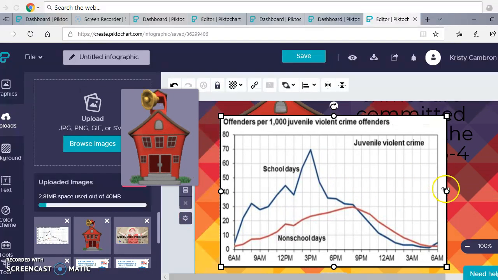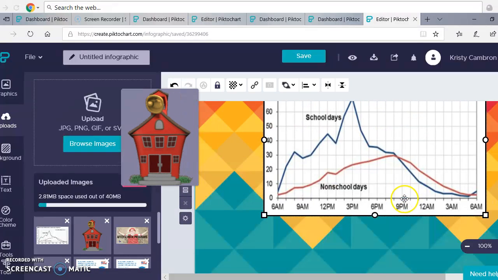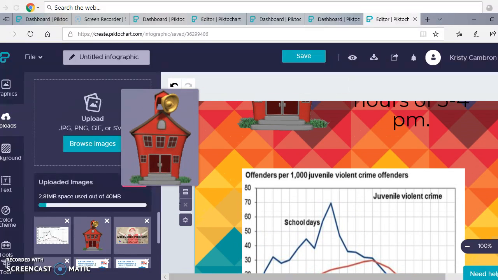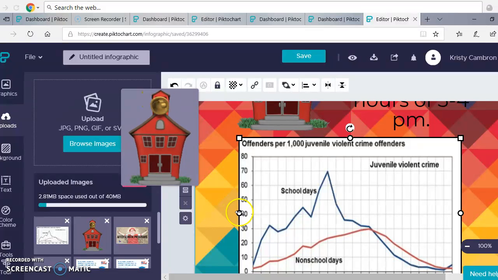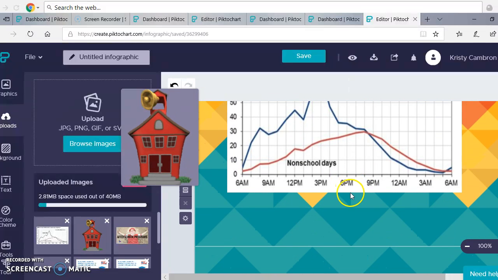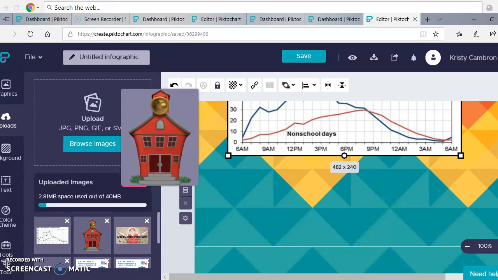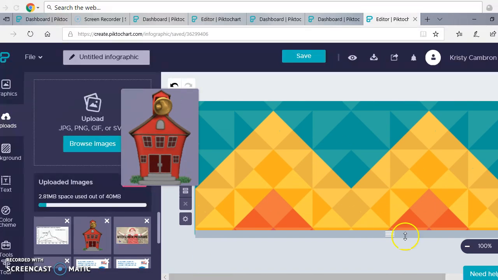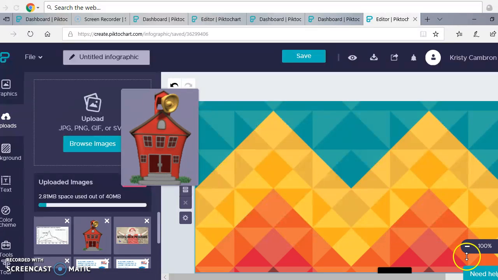Once again, this is over top of your previous information, so you're going to have to get the arrows, move your graph below your text that was above, and then resize however you want. Just like that. And then I'm going to make my document a little bit longer because there's one more thing I would like to include